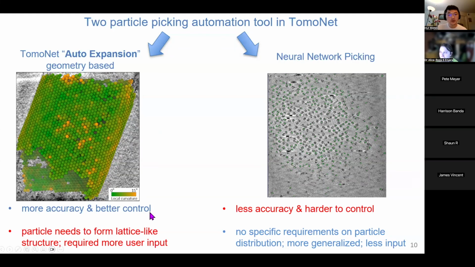On the geometry-based one, it gives you more accuracy and better control because you restrain your particle picking in a specific way. But the drawback is that it requires your particles to form a lattice-like structure and requires more user input. On the right part,